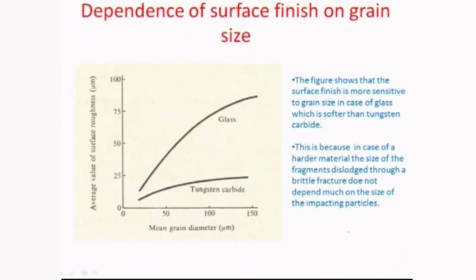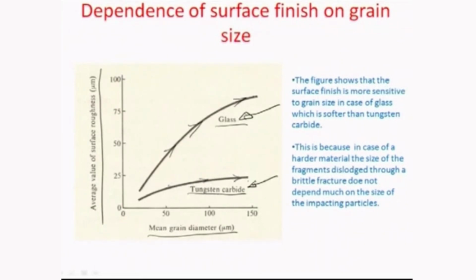Another interesting factor is what happens for a brittle and a harder material. For example, in this case you can compare two such materials, tungsten carbide and glass, in terms of average surface roughness values in microns, as you can see here. And with the mean grain diameter increased, of course there would be a critical grain diameter beyond which grain crushing takes place. But what is important to see here is that if the surface is more brittle, then the surface roughness value eventually arrived at would be higher in comparison to a harder material,